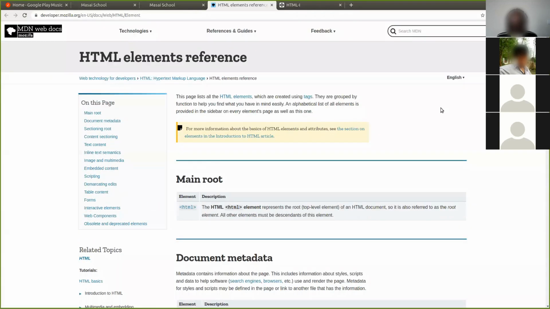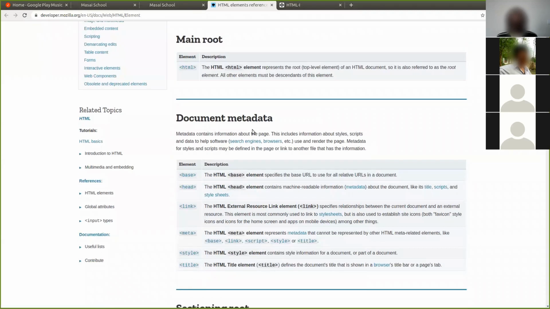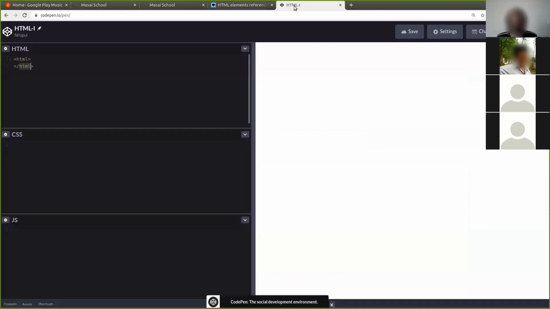But the main element is the html. You have to put any HTML code inside that for the browser to understand it's an HTML thing. After that, there are certain things which you don't want to show to the users, for example when you are loading something. We'll get back to that later. There's a thing called the head tag. I'm closing the head tag because we are not going to use it today. We'll see it in the next class.